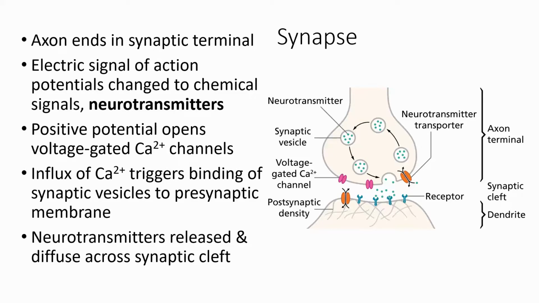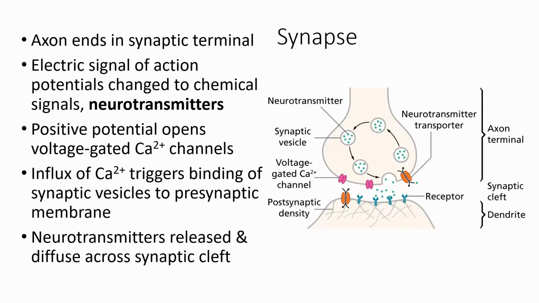So what happens is there is a different type of channel now. It's a voltage-gated calcium channel. When it opens up due to positive potential, it lets calcium in. Calcium is a very important second messenger, but more importantly, it allows these things called synaptic vesicles to bind to the membrane. These things are bags full of neurotransmitters,